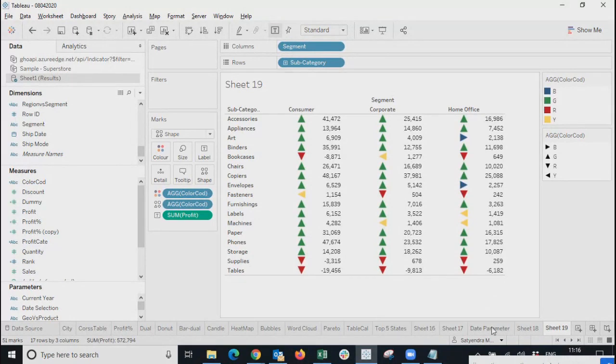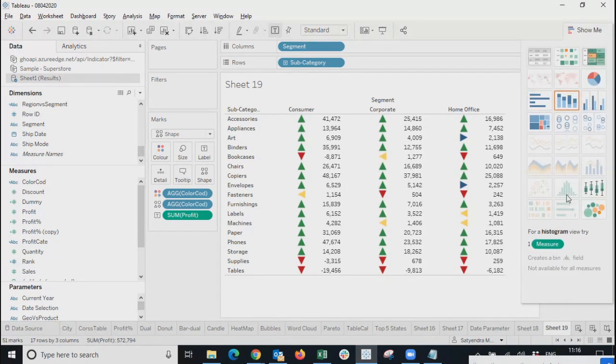Okay. So let's show one more chart. We have this histogram. Do we know why histogram is used? It's disabled here, but why is histogram used? Do we know that? What is the use of histogram? Quantitative data with